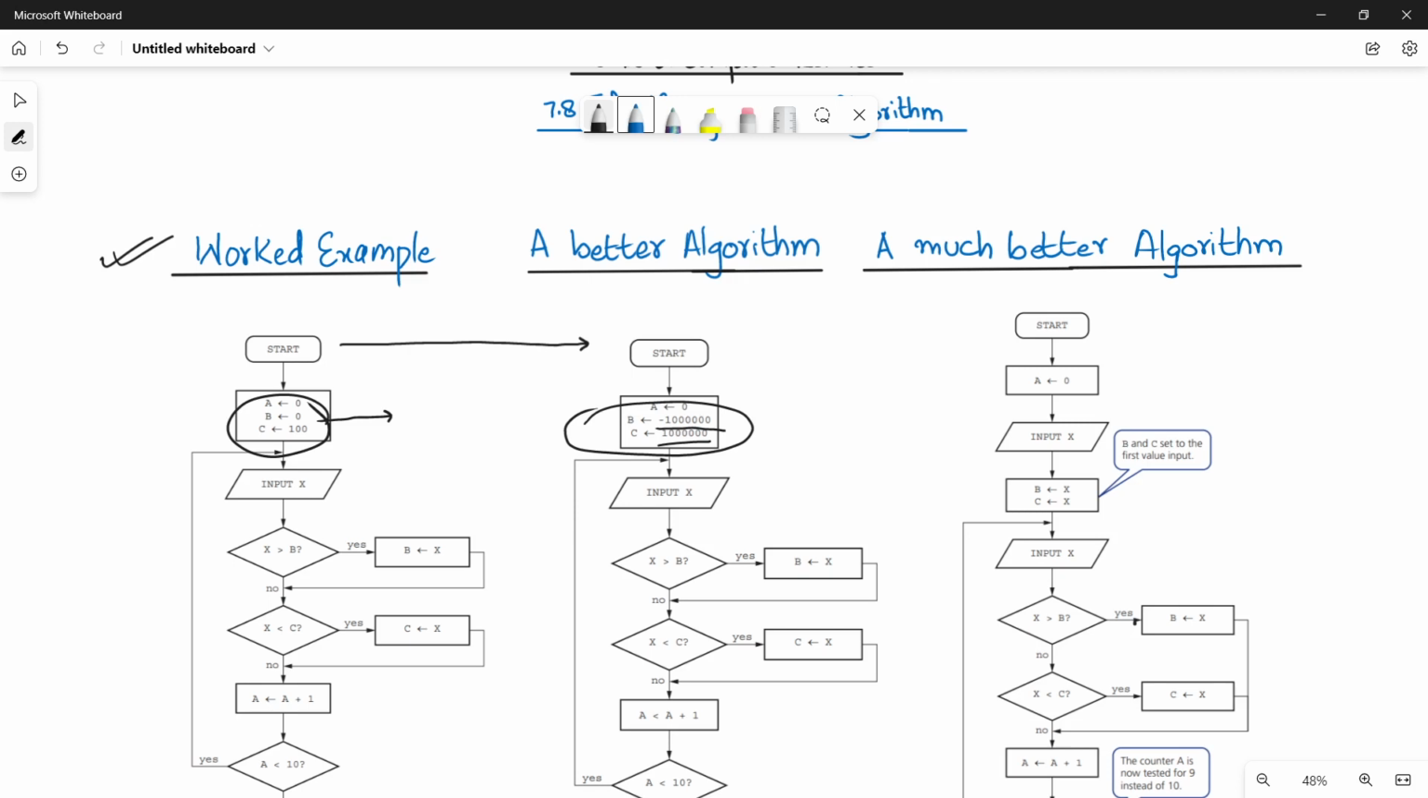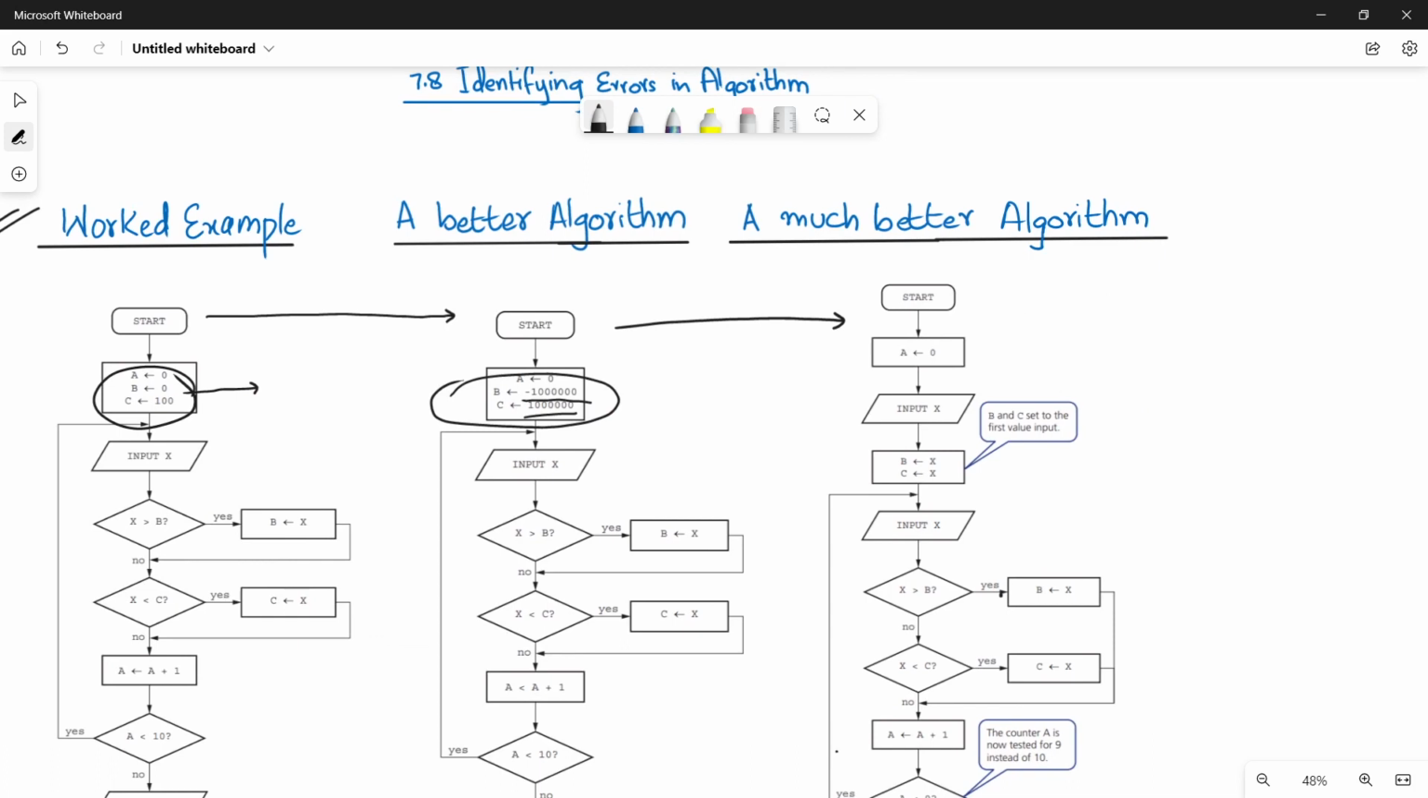Now, here is a much better algorithm for you. What you have done here is, look at here. When you start the flowchart, the first thing you did is initialize the variable a with 0. A is basically used to monitor the number of iterations. That's why it is 0. Now,